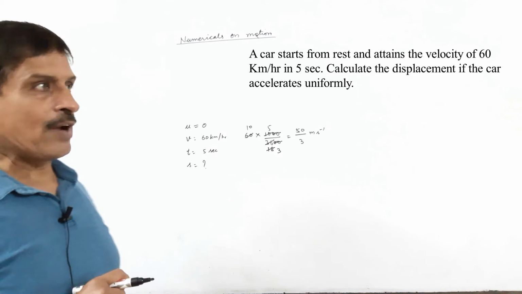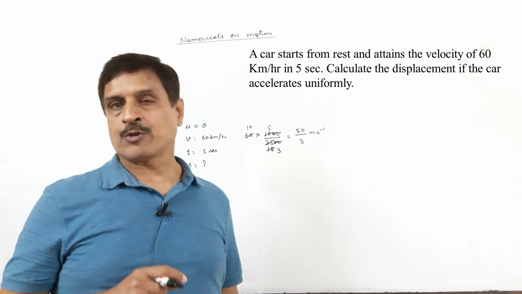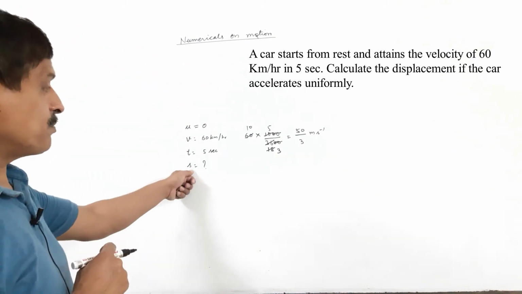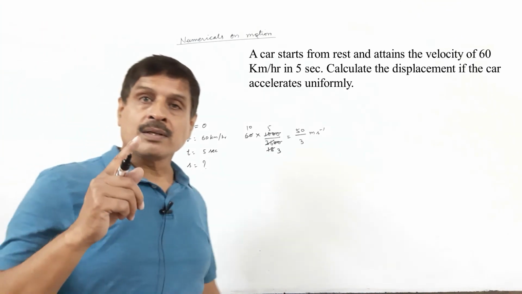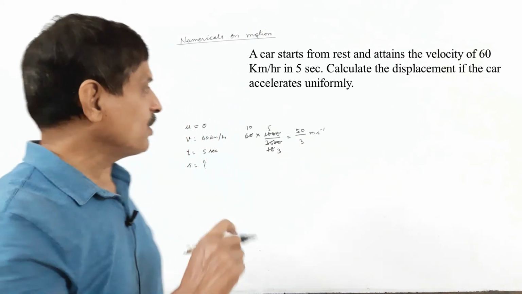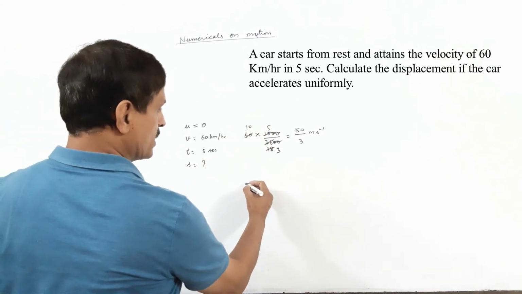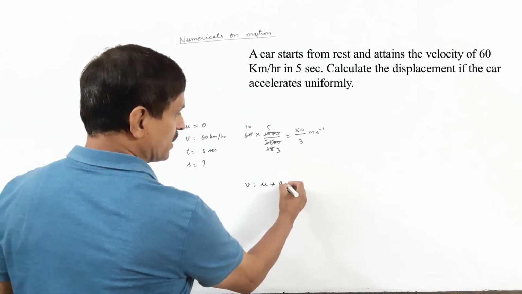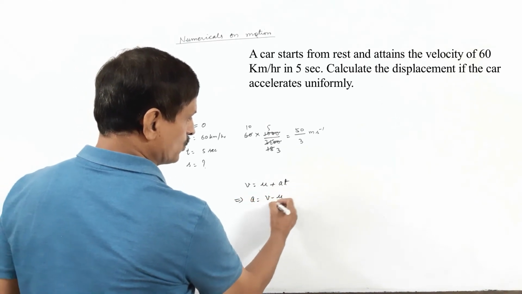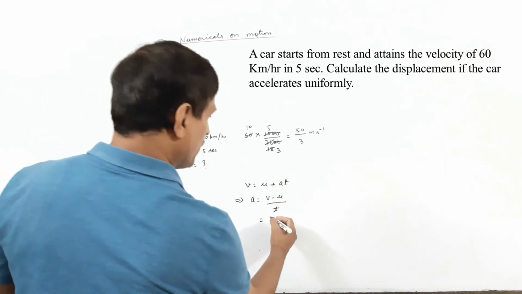Then after, we have to select the equation of motion which may be used to solve the numerical problem. Here we have to find displacement, but in the equation acceleration is also required. So first step, we have to calculate the acceleration by using the first equation of motion, that is v = u + at, which implies a = (v - u)/t, and v is 50/3